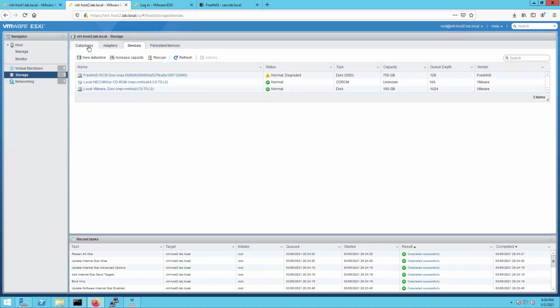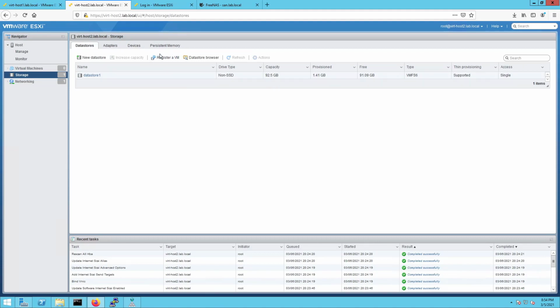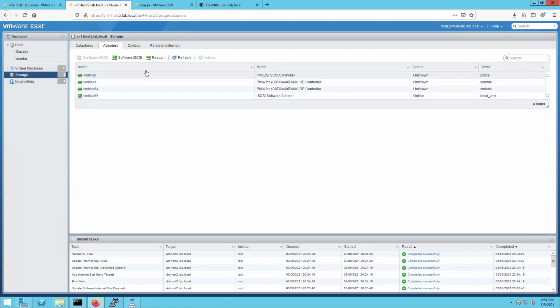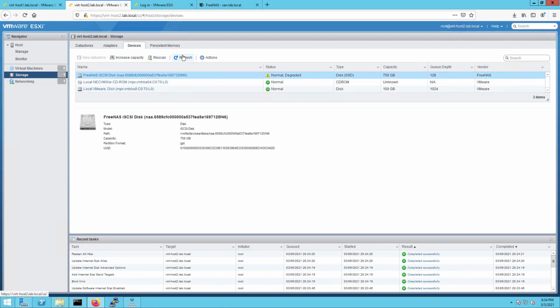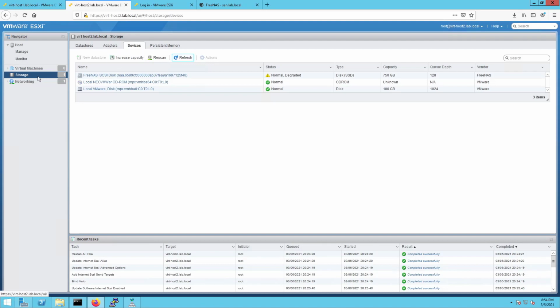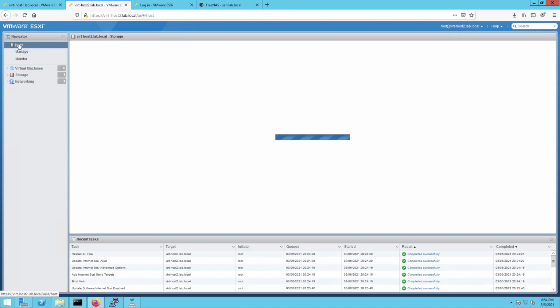So I don't need to go and create anything because it's going to just take time for it to show up here. So if I was to go to storage, adapters, we can see that it's here. It's online. If we go to devices, we can see that it's here. If we were to rescan it, it's there. If we were to go to host,